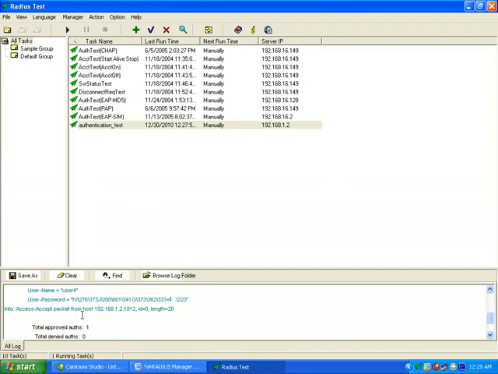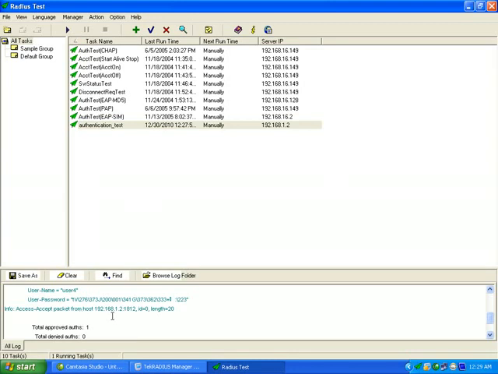Now you can see accept packet from host 192.168.1.2, which is the IP address of the tekRadius server software, with port number 1812, ID is equal to